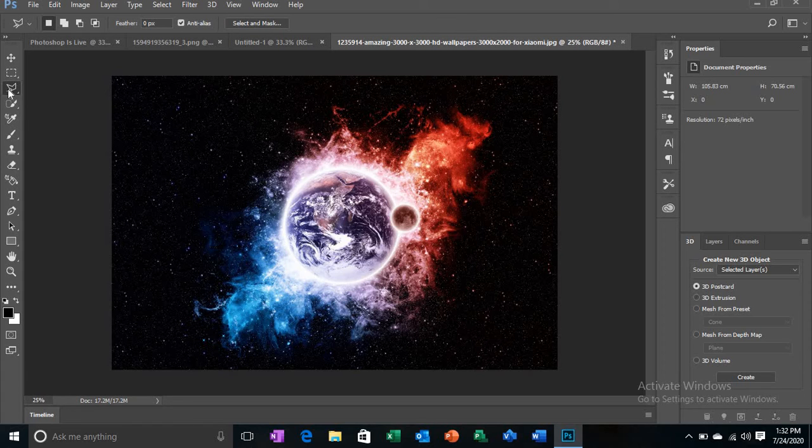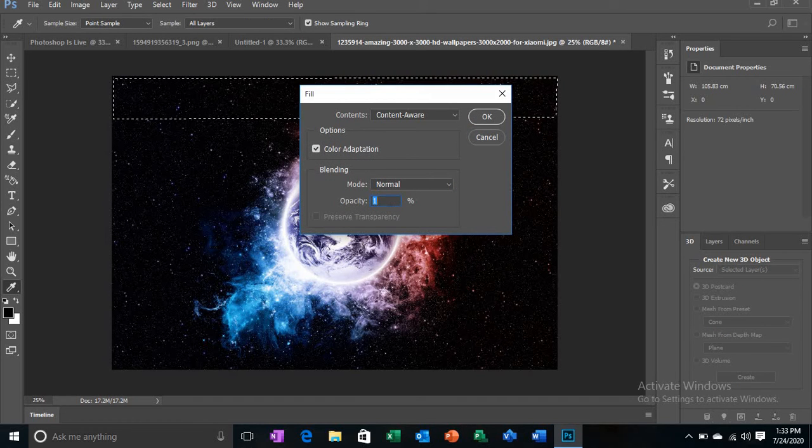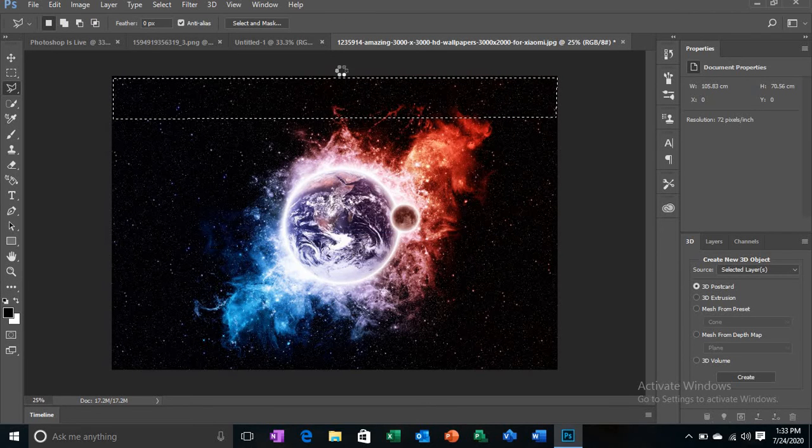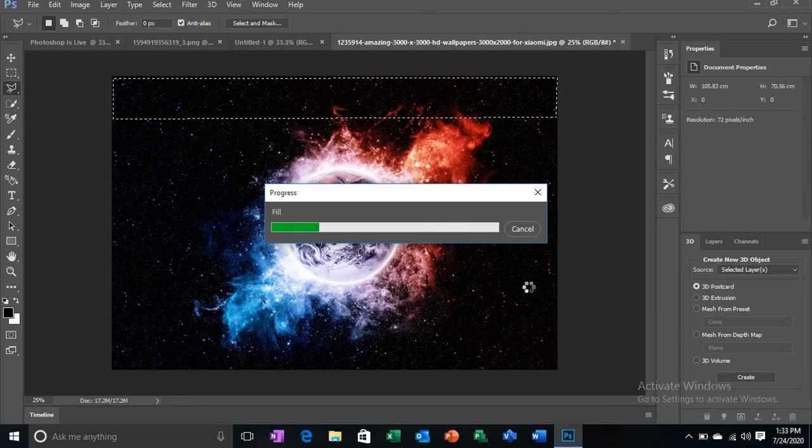So that was one trick, and the other trick is to right click here, choose the polygonal lasso tool, and we click on this point. For example, you have to crop till here, so you click on this point, and then till here, maybe this point, and then if you want to crop till here, this point, and we will click on delete. So it would delete the opacity, blending, color interpretation, everything. Yeah, so this is a use of the lasso tool, and it is in progress right now.